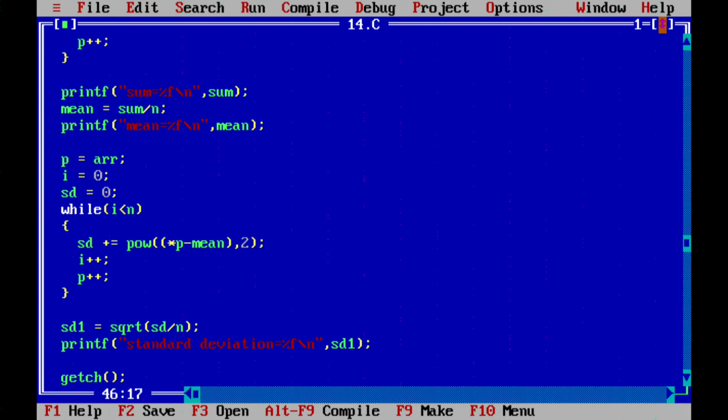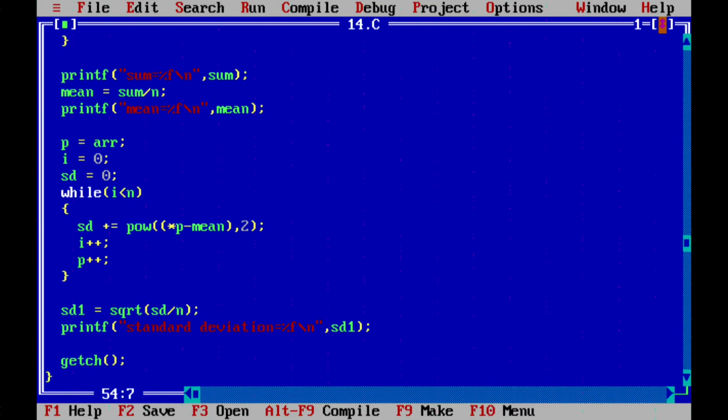The pow gives the square of whatever this value is. Again, I'm incrementing i++, p++. This is a 100% pointer function. So once we did, this is the standard deviation. Standard deviation is the sum of each element subtracted with the mean, squared, divided by n, and then the square root. So this is the standard deviation.